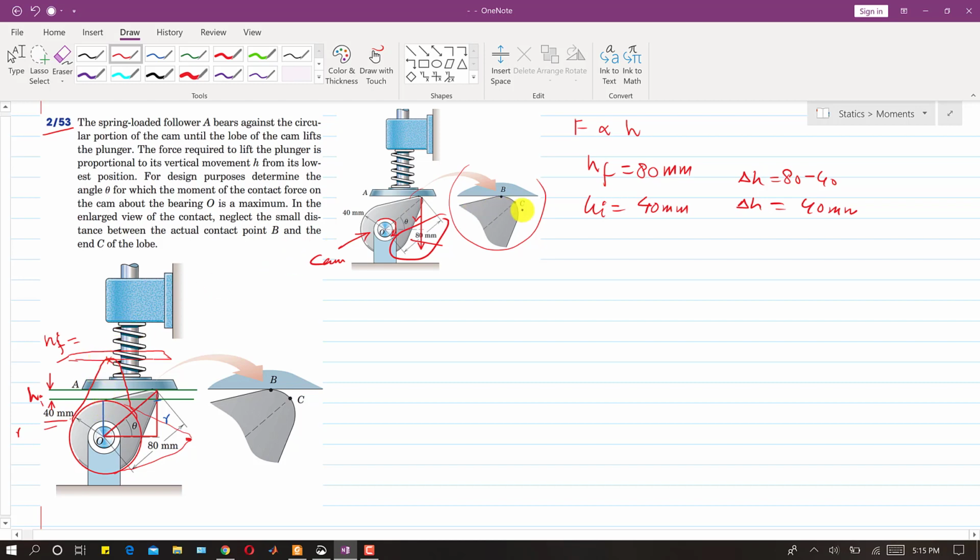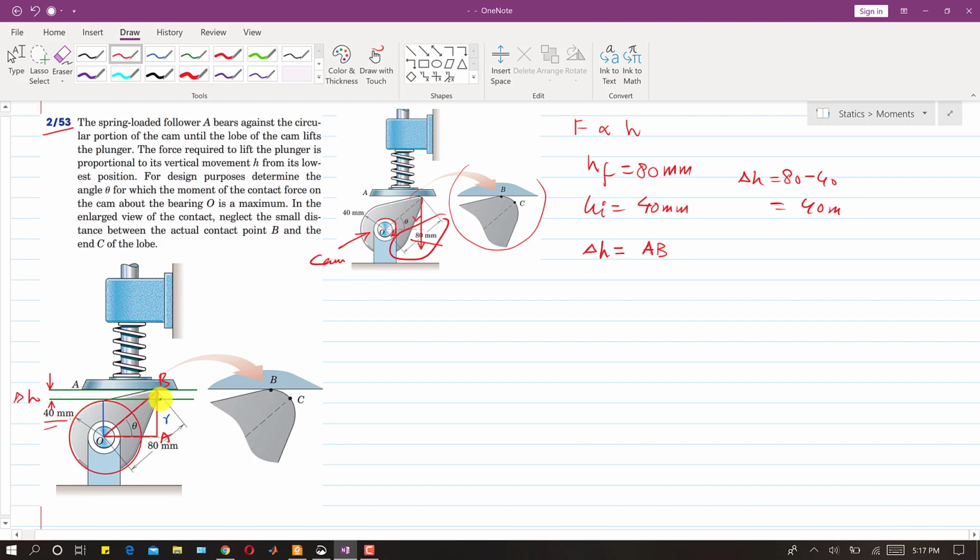So if we write the general equation of h, now let's suppose if at this instant, in this position, wherever the cam is, at somewhere theta, right? So let's suppose this is delta h, right? So this length is delta h. If we want to write a general equation for delta h, how will we write? We will write delta h, and this will be equal to this overall distance. Let me write OAB, right? So delta h will be AB, right?